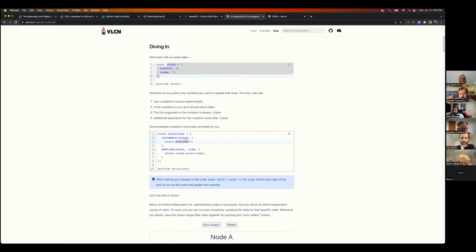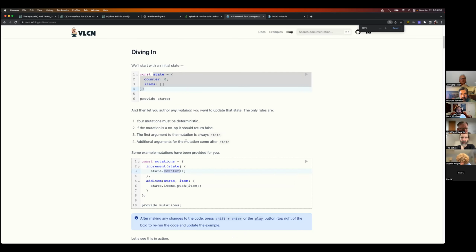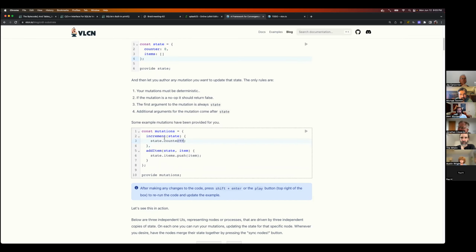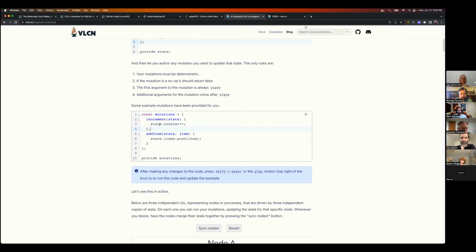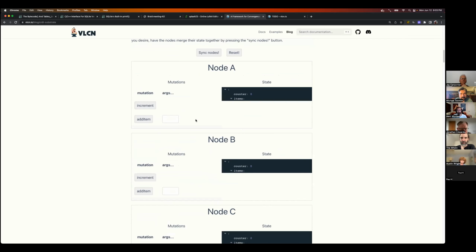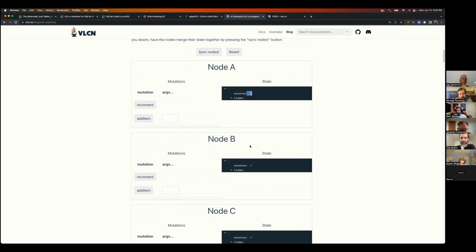Here, they're just taking that initial state in. Can you zoom a little bit? Yeah. Thanks. They're taking that initial state in, and they're incrementing a counter for their increment. So they're not doing anything special besides a regular increment. If we come down to this example, I have 3 different nodes. I can increment the counter on node A, increment on node B. So I've done it 4 times here, done it 2 times here. I should sync and should get 6.